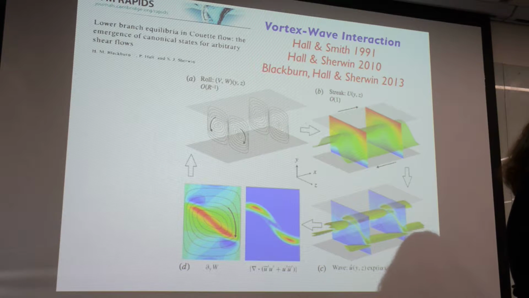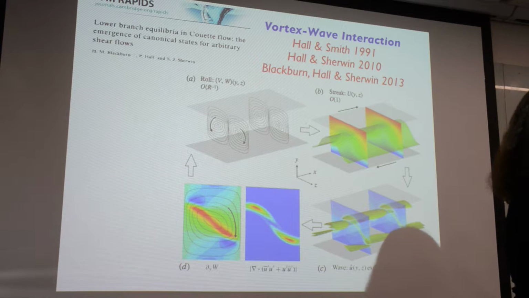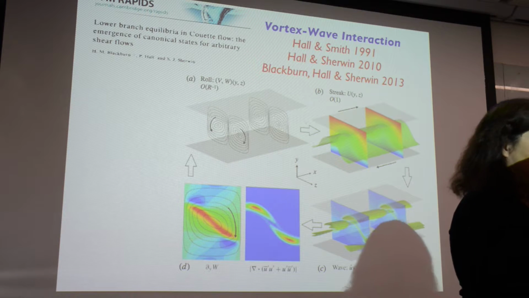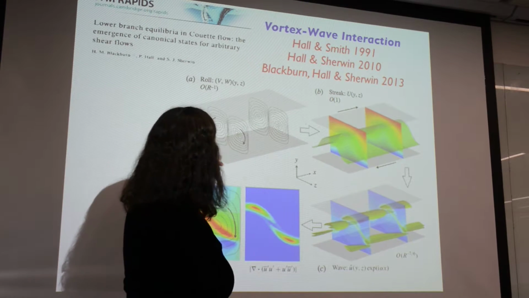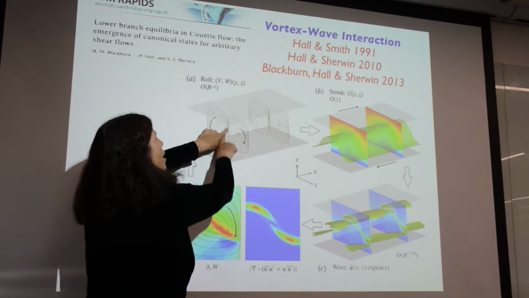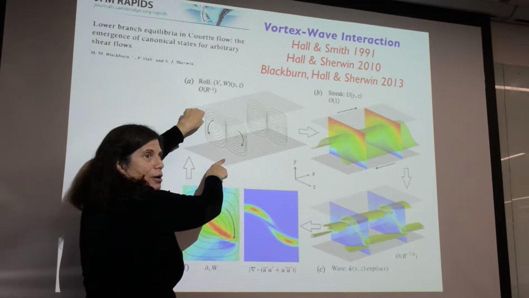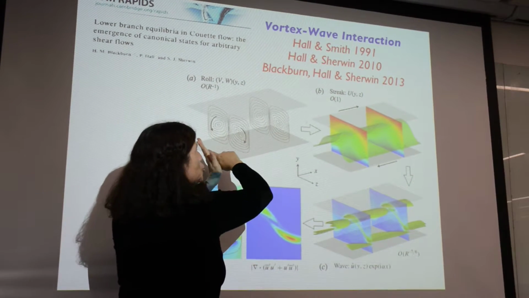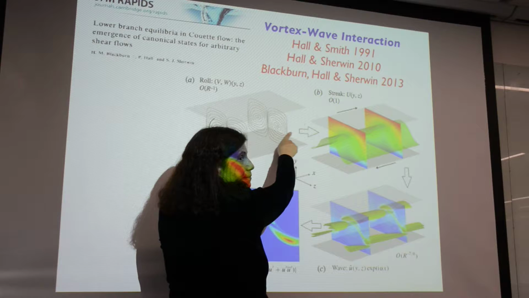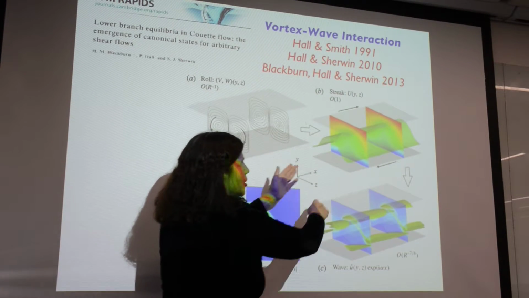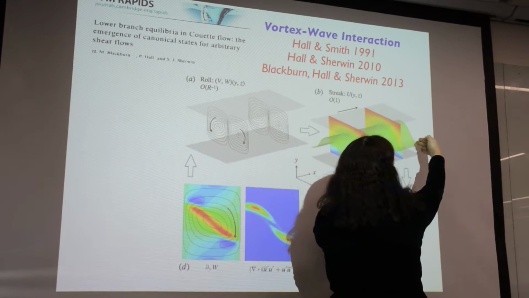Remember, I say this to emphasize the concept. Here you're near the wall, here you're further from the wall, nearer and nearer. So the points in y are different from one another. But the points in x and z were not for plane Couette flow. Now they are. You can see they are. Here you're going up, here you're going down. This is the spanwise direction in which before there was no structure. But there's still no structure in the streamwise direction. Every point here looks the same.